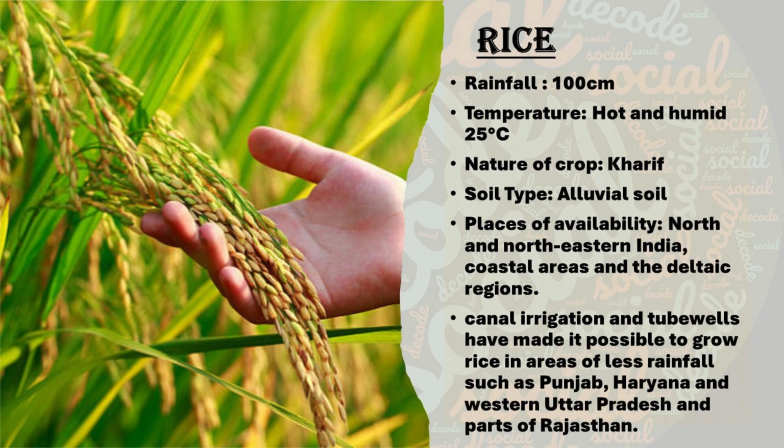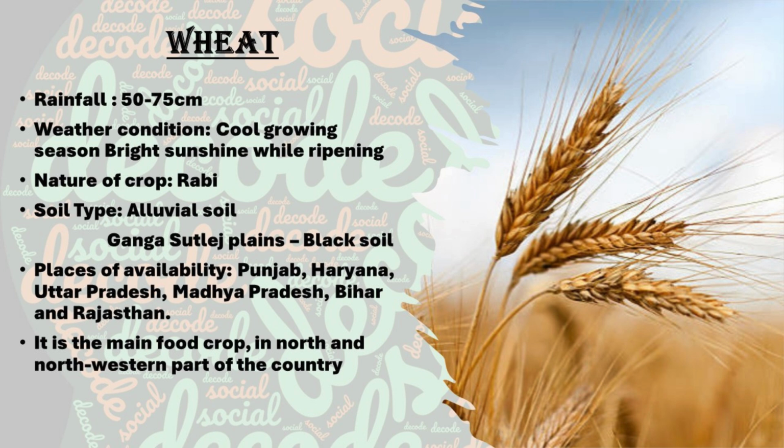The next crop is wheat. There are two staple foods for us Indians: one is rice and the other is wheat. Both North Indian as well as South Indian people eat rice as well as wheat. Especially Southern Indian people depend mostly on rice, right? Likewise, North Indians depend mostly on wheat, right?